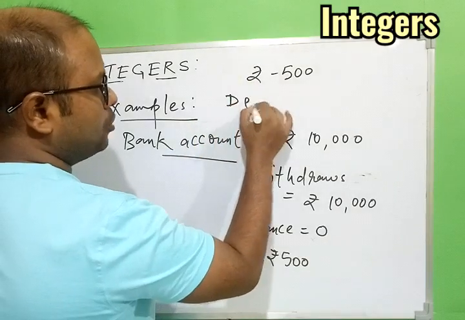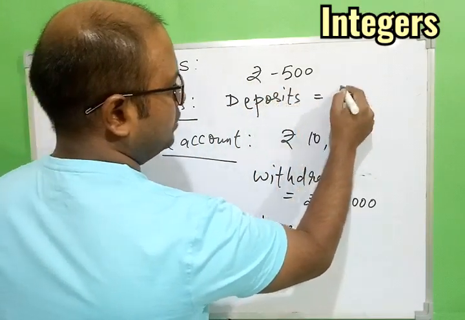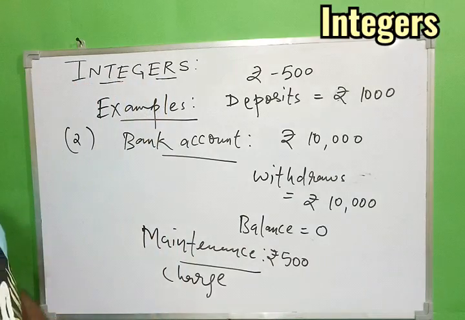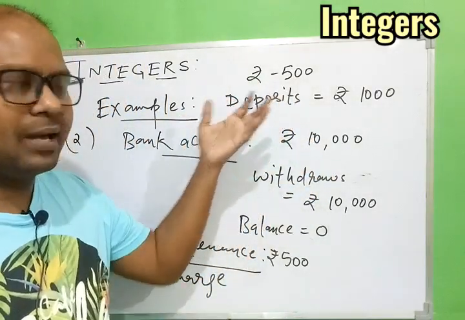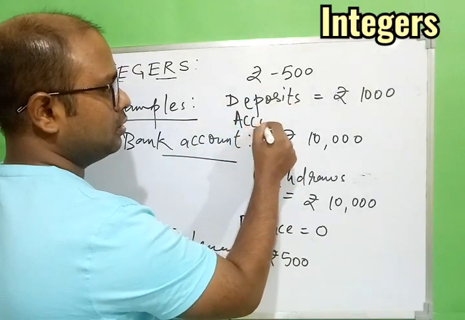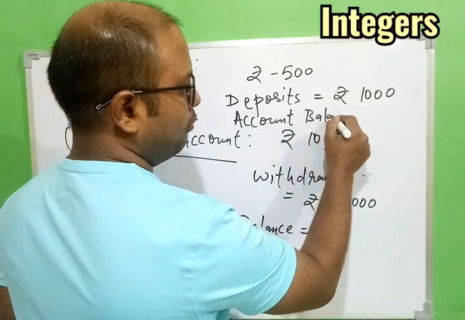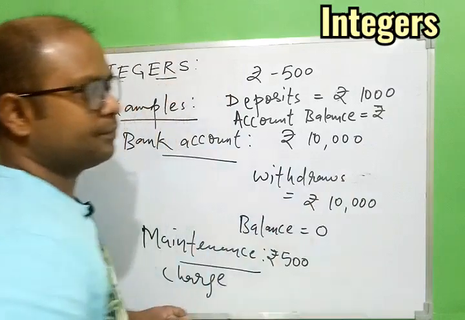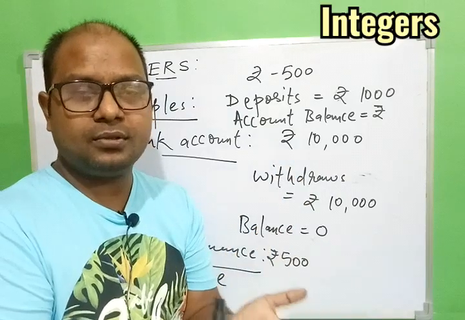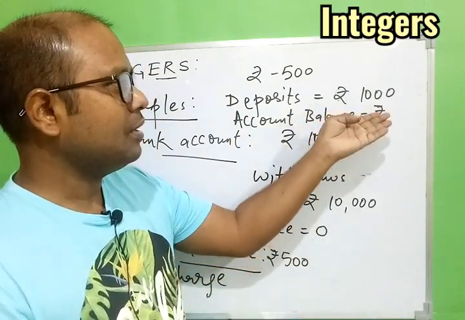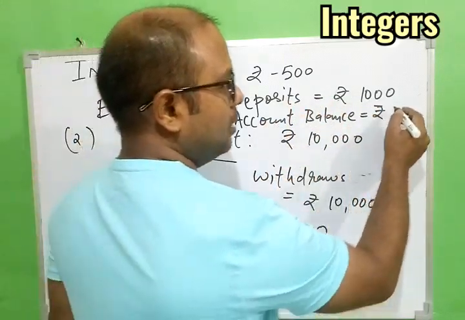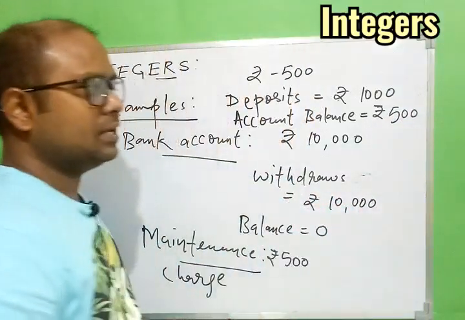Now here we are able to see an integer which is negative. Now he deposits 1000 rupees, just as an example. After he sees that the bank account is showing minus 500, he deposits 1000. So what will the final account balance become? Out of 1000, the 500 will be deducted because that was below the normal account balance. So finally his account balance will be 500 only, that is positive.